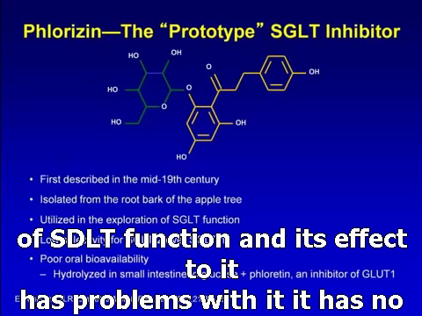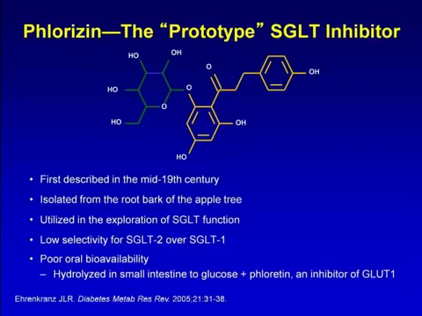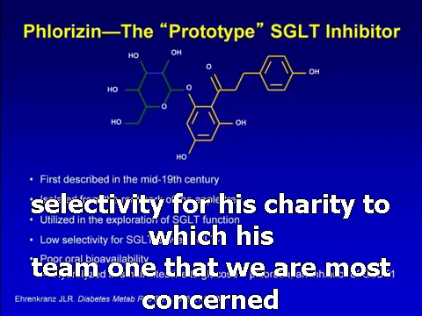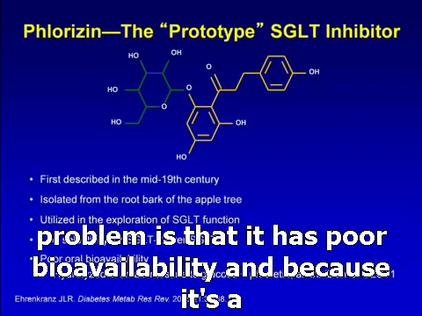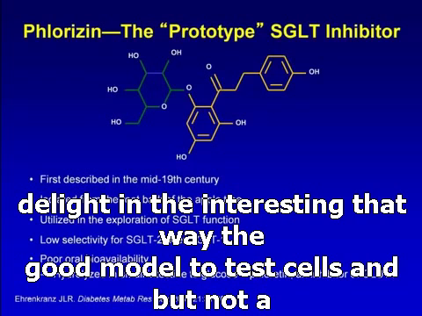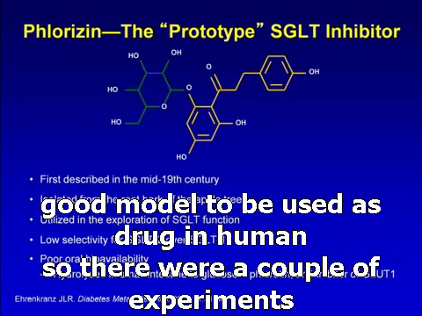Though it has some problems: it has low selectivity for SGLT2, which is the one we are most concerned about, over SGLT1, and therefore it would have GI side effects. The other problem is that it has poor bioavailability, because it's hydrolyzed in the intestine. That's why it's a good model to test cells, but not a good model to be used as a drug